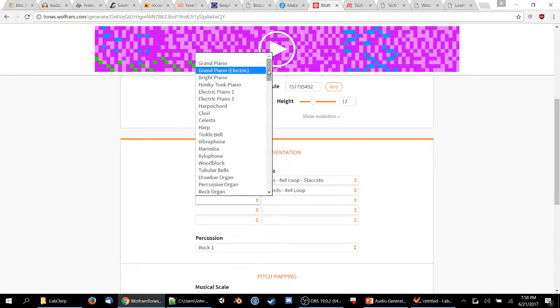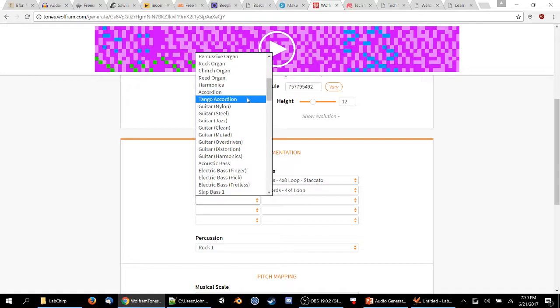We have grand piano, bright piano, honky-tonk piano, electric piano 1 and 2, harpsichord, clavi, celesta, harp, tinkle bell, vibraphone, marimba, xylophone, woodblock, tubular bells, drawbar organ, percussive organ, rock organ, church organ, reed organ, harmonica, accordion.